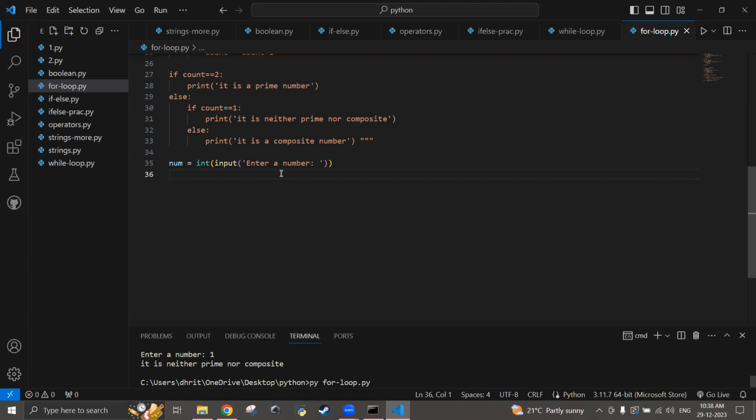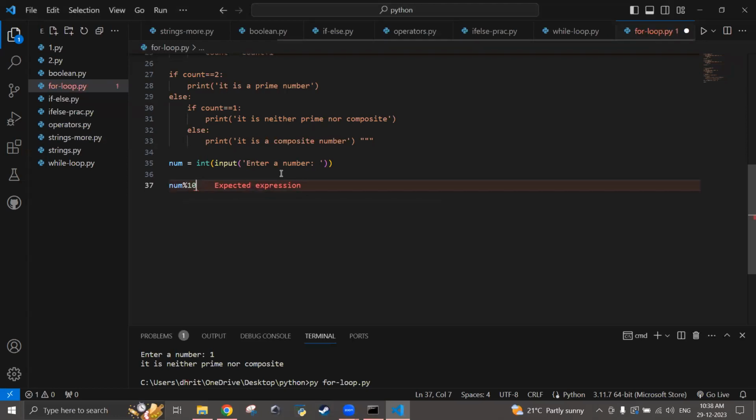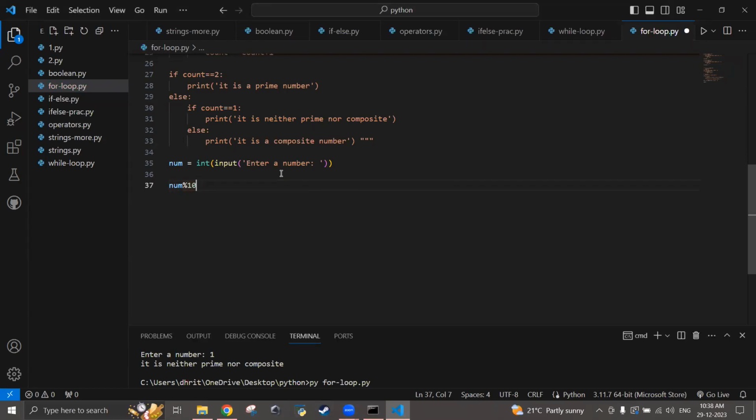What do I do for that? If I write here num modulus 10, what do I get? I will get the last digit. That I have to print. Okay, so let's say